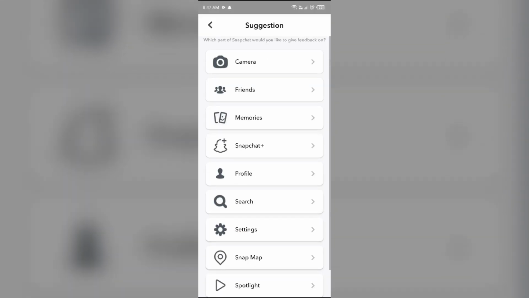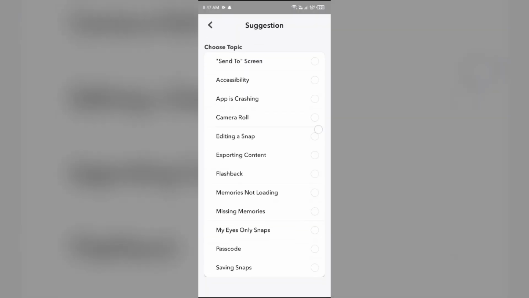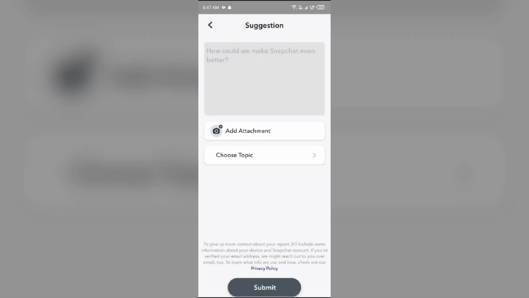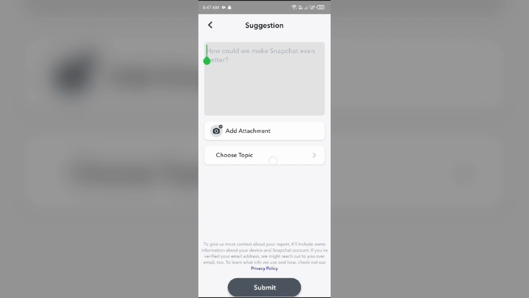After clicking on it, go to memories and then choose the topic. After that, you can describe your problem and then click on submit.